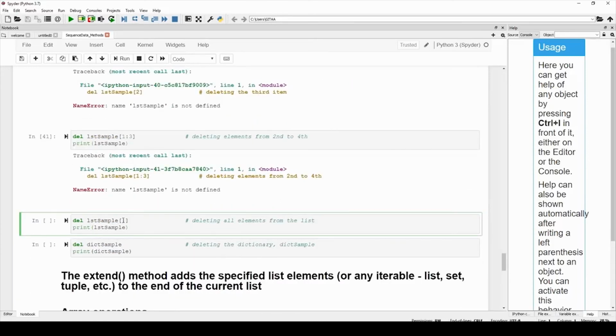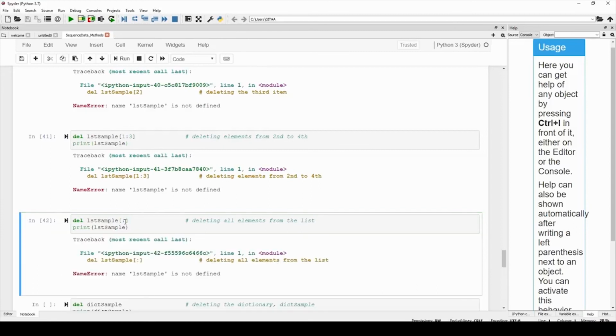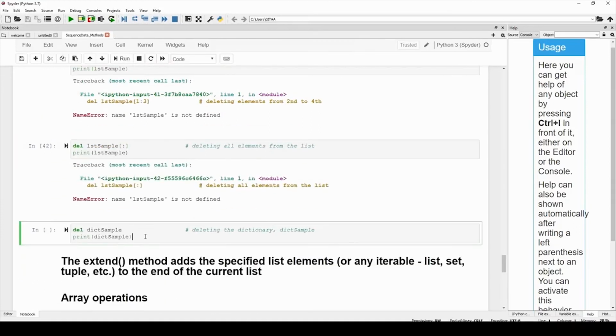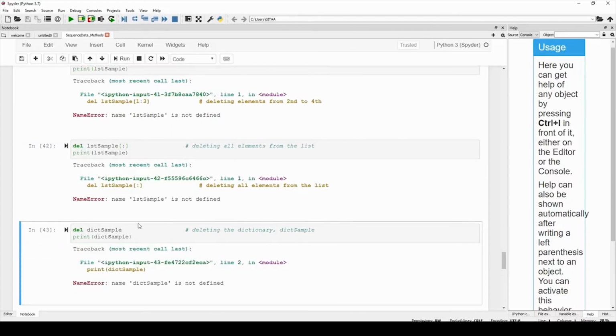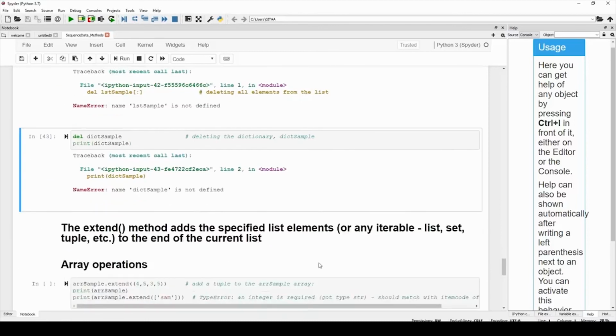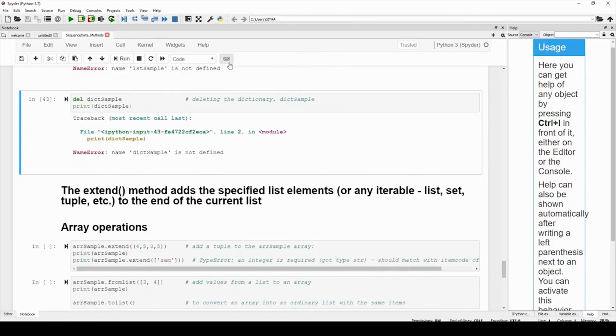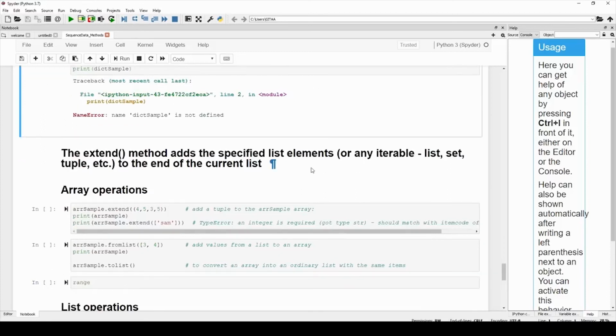But if you want to remove all the elements from the list, you can do that the same way we access all the elements from the list, that is using the colon operator inside the square brackets. If you do this, all the elements from your list will get deleted. And this is an example on how to delete the dictionary object. So this is how we perform the del operator on any object.